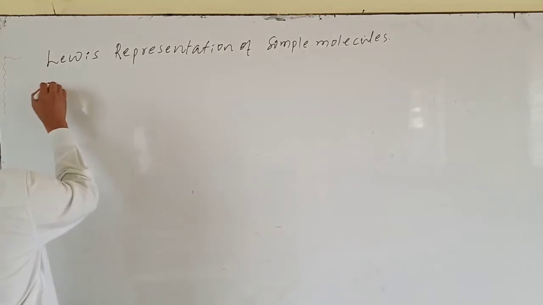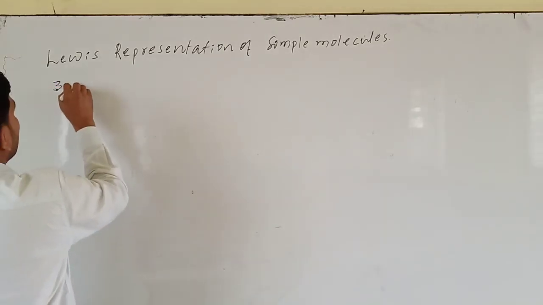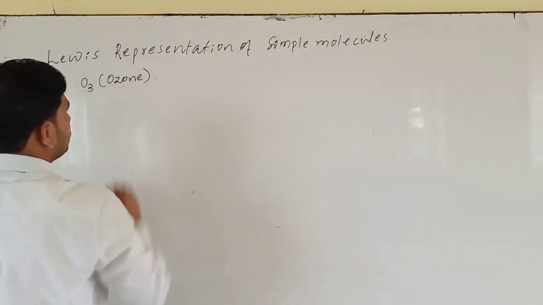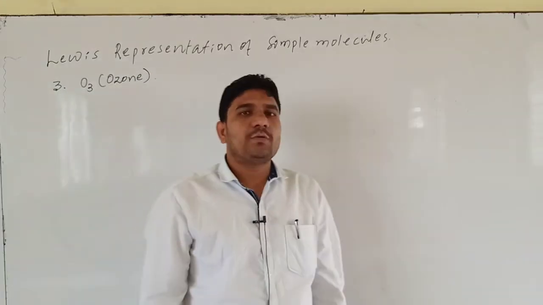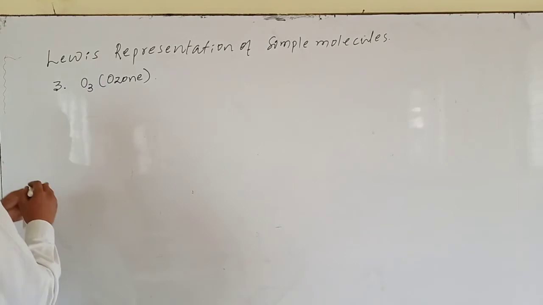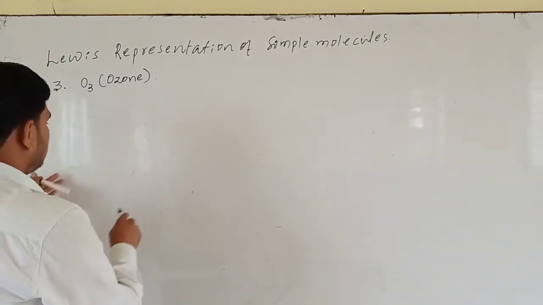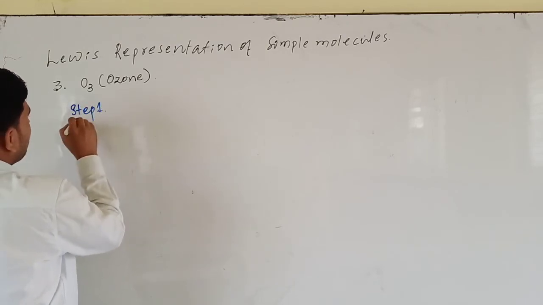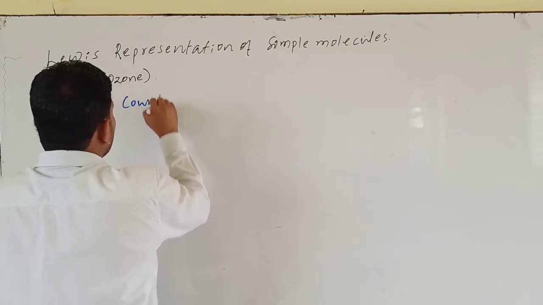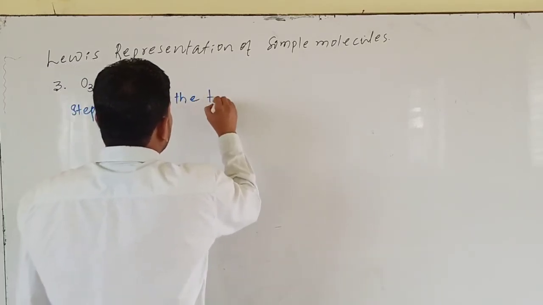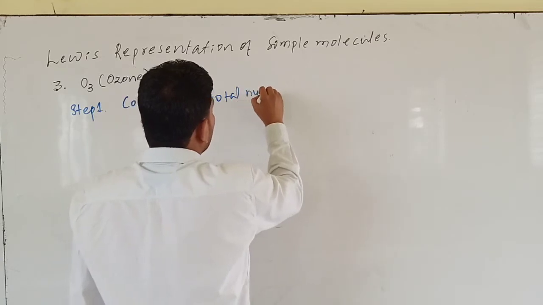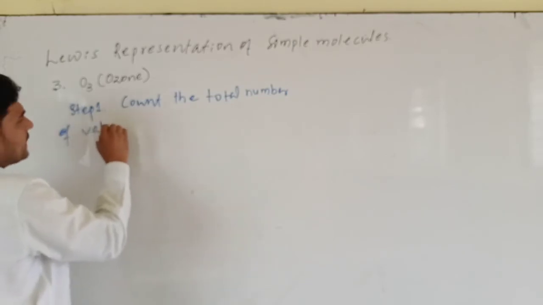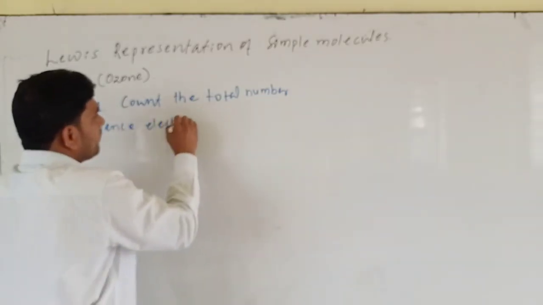Now, third example, we will discuss one more example. O3 molecule means ozone. Which molecule? Ozone molecule. Okay. See, first, step 1. What is step 1? Step 1 is count the total number of valence electrons in